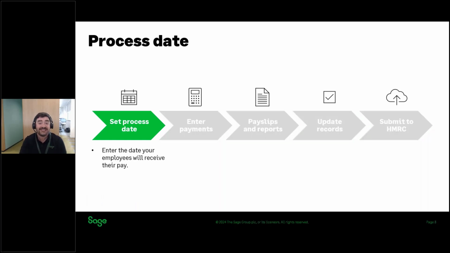So first step is setting the process date. And this is the date that will be reported to HMRC as the pay date for your employees. And it also determines the tax period for calculations of PAYE and national insurance. It's important that you enter the date that your employees receive their pay rather than the date that they've worked